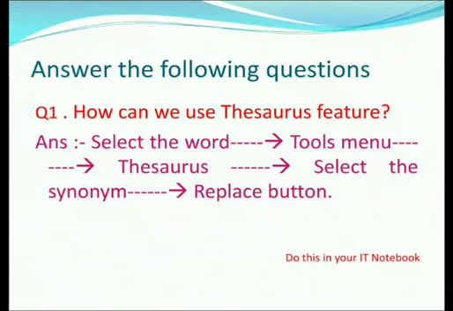For example, let us select the word beautiful. Here we have a lot of options, a lot of synonyms like fair, better, handsome, and here we will select good looking. And then we will click on the Replace button. The word beautiful gets replaced by its similar term good looking.